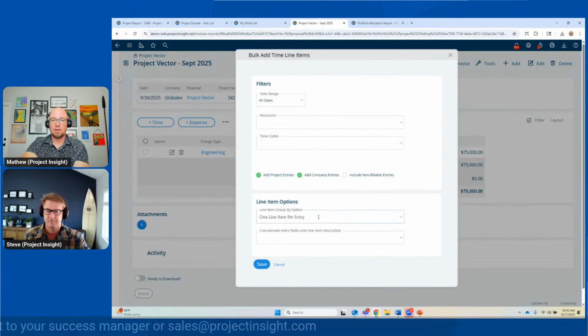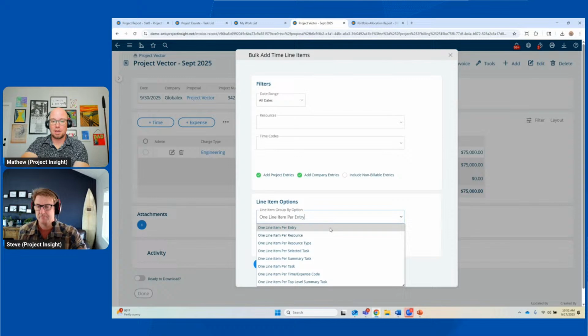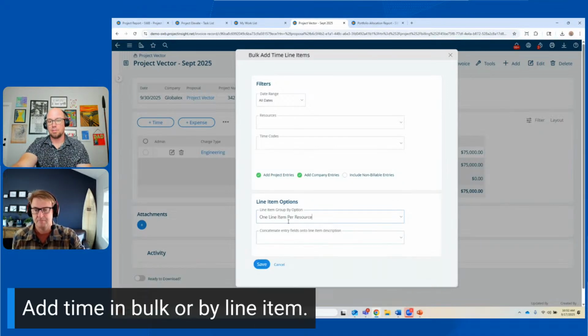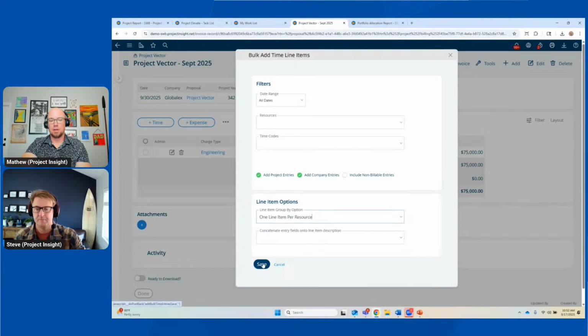This is going to give me a few different options where I can say I want to add these, one line per entry that's been done, or I want them to be grouped together by the resource or the type of resource or the summary or the expense code that they put in. There's a lot of flexibility there. In this particular instance, I'm going to group them together by the resource or the members who log time. I'm going to click Save, and then what that's going to do is bring in all of the time entries that had been submitted against this project,